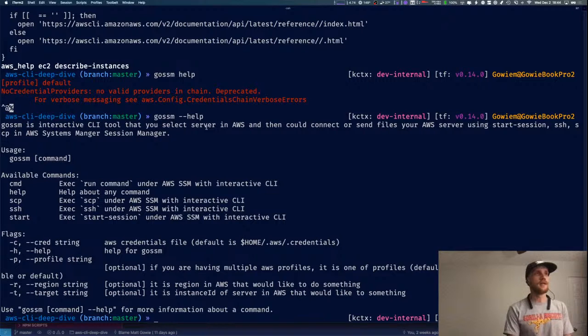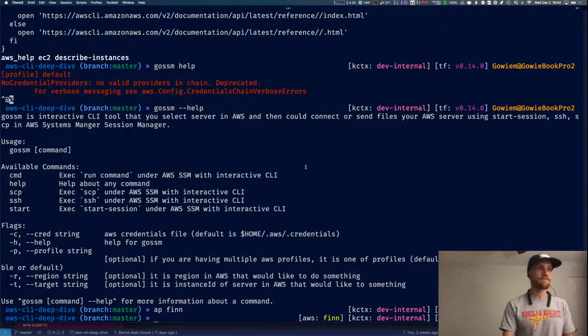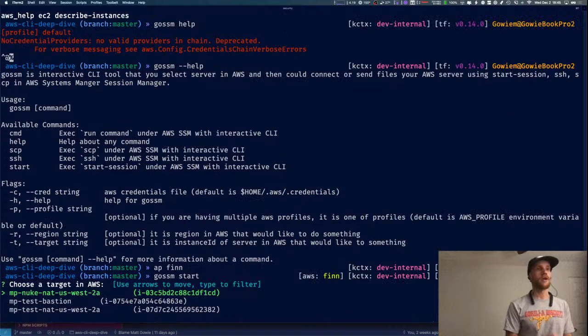I want to SSH into my Bastion host, and the way that I would normally do that is maybe I would set that AWS profile equal to something, and then I'm using that correct profile. Instead, I have my own alias set up around AWS profile, so I will set my AWS profile to Fin. And now you can see that shows up in my right prompt here. That's all in my dotfiles if you're interested in it. But basically, I have now set my profile to Fin, and now I can do a GoSSM start, which will give me